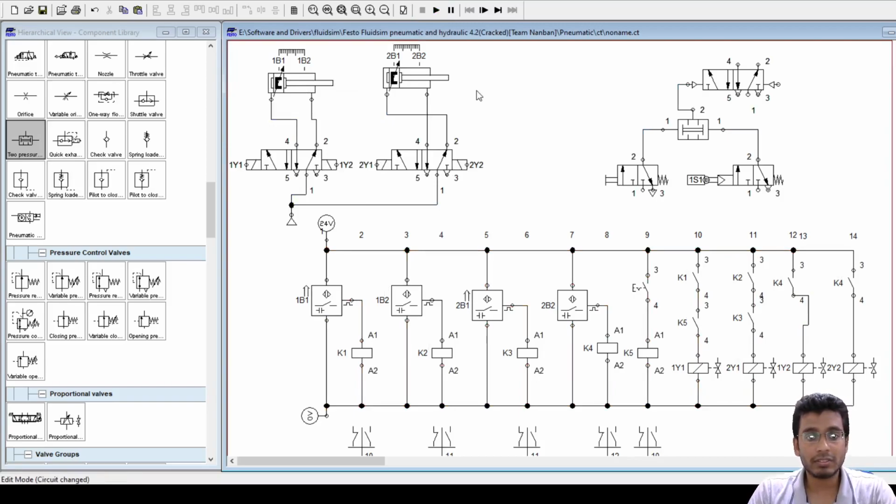What will happen if we interchange 1Y2 and 2Y2 while making the circuit diagram? If we place 2Y2 before 1Y2, for example, will that have any impact? No, if I place it before, it will have no impact. Why? Because these circuits are actually running only when it is making a contact. But why did I place it this way? Since I have done it in the order of the extension of the cylinders. Even if you place this part of the circuit, that is 1Y2 and 2Y2, and then place the actuation of 1Y1 and 2Y1 after this, still no issue.